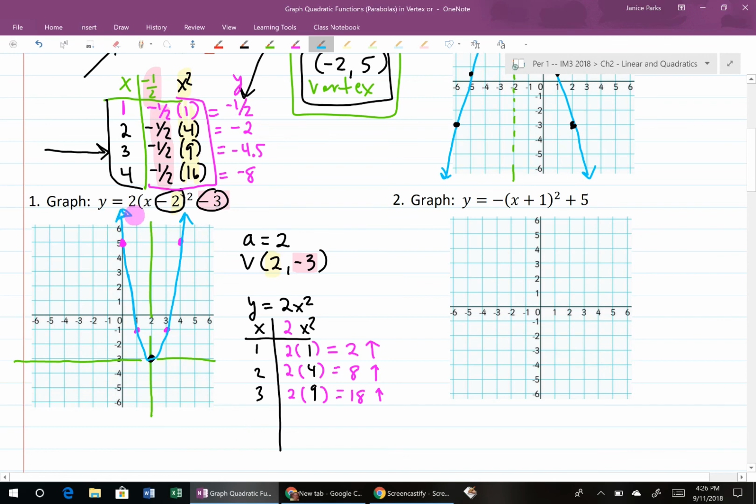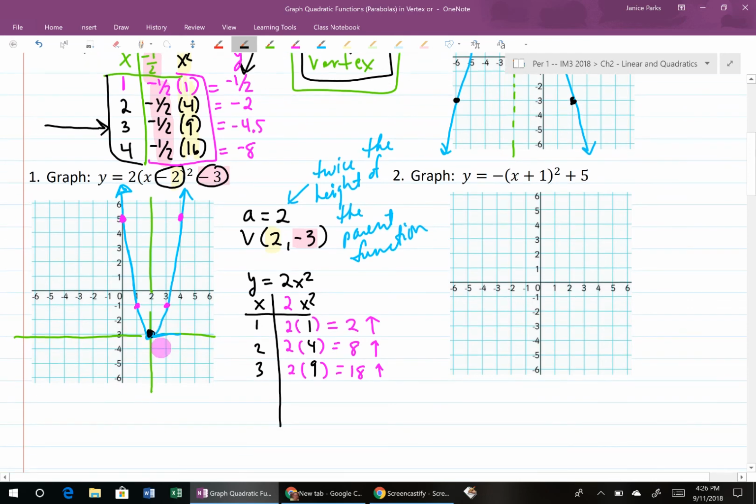So the parabola goes like this. This means it's twice the height of the parent function. The x values stay the same. They're always 1 over 1, and it's 2, and it's 3 from the origin, okay? Or from the vertex, I should say, okay? So you can think of this kind of like as your 1, 2, 3, but we don't change the x